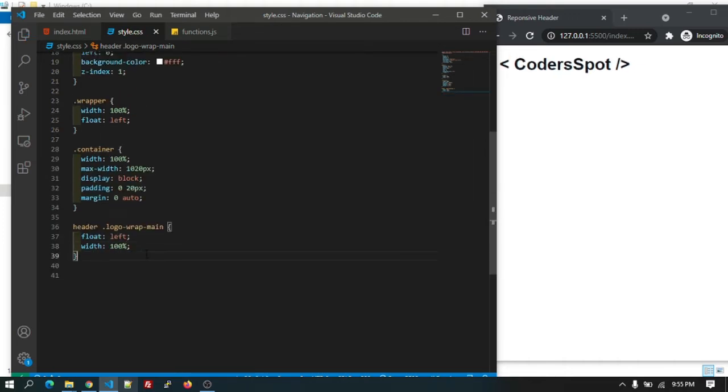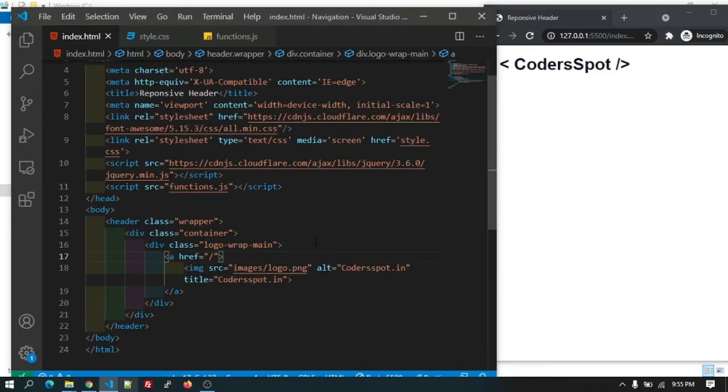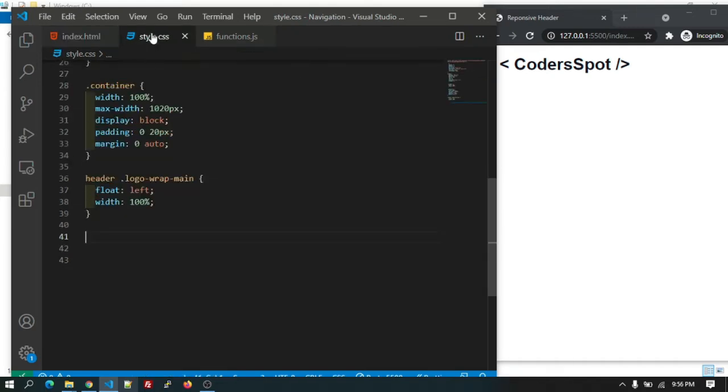Okay, but there is an anchor tag. Let's give a class to the anchor tag saying logo. Let's copy that class over here, dot logo. Let's add all the parent elements of that.